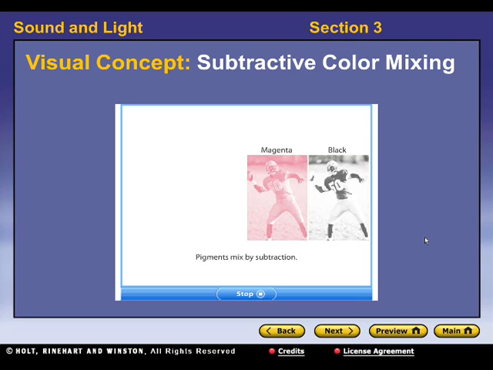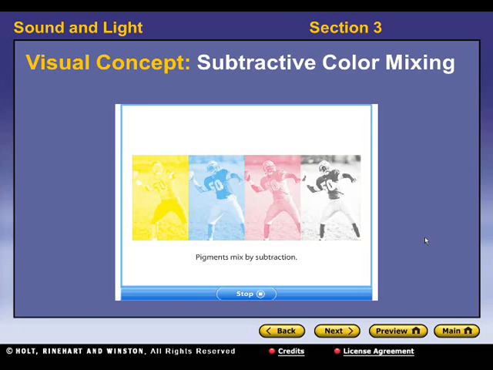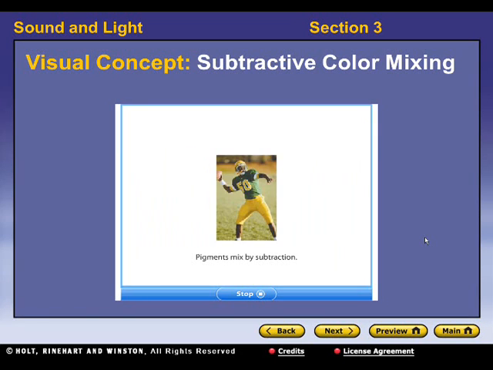Let's start with a black outline. This will help make a sharp image when we add pigments. Magenta is one of the 3 primary pigments. Cyan is another, and yellow is the third. By printing the 3 primary pigments plus black, any color can be obtained. This is called 4-color printing. Comic books, textbooks, and cereal boxes